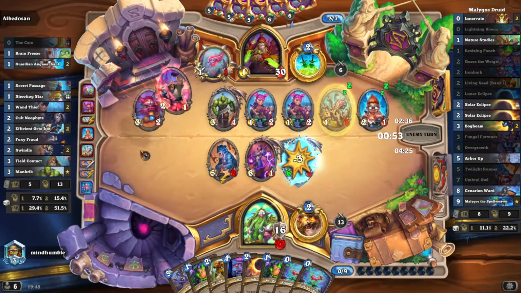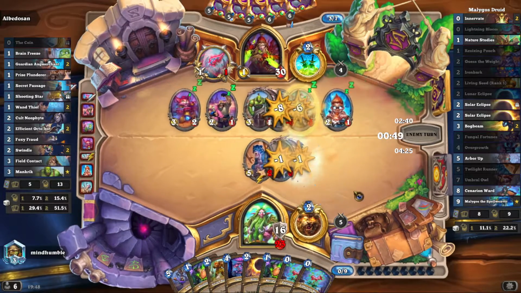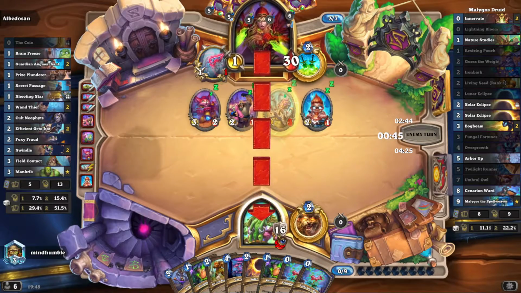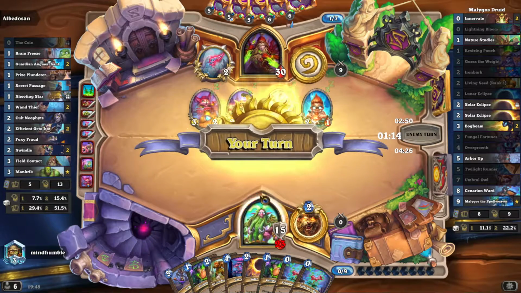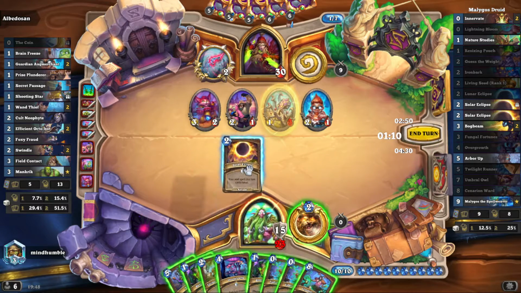What is he doing? Yeah. Right, fine. Okay, that's absolutely fine because we've got a massive amount of armor here. 15 plus 23 is 38 health. Just got to watch out for that really nasty...